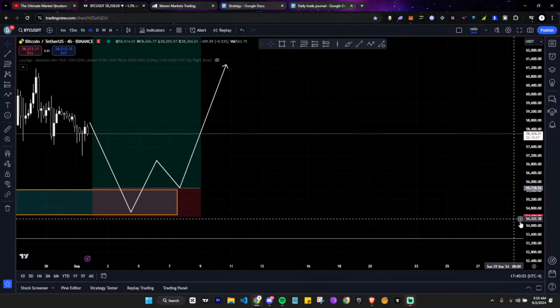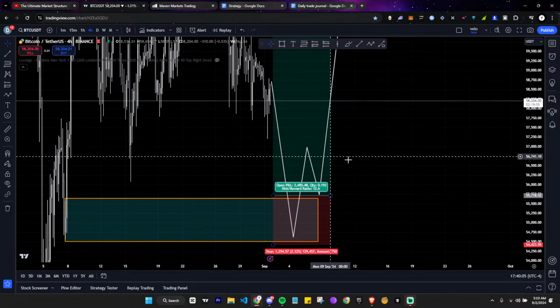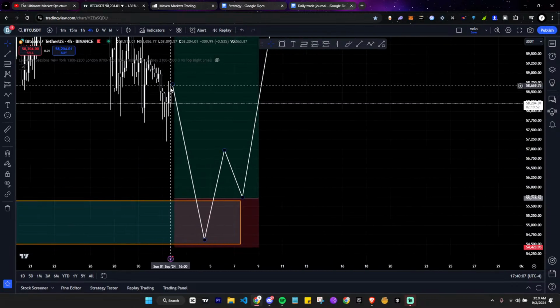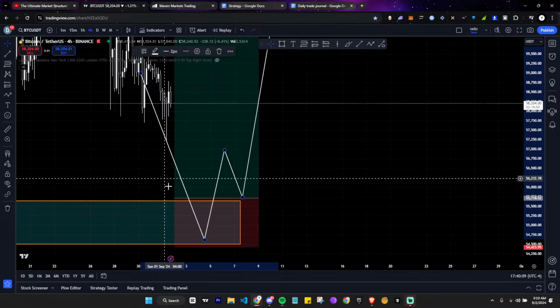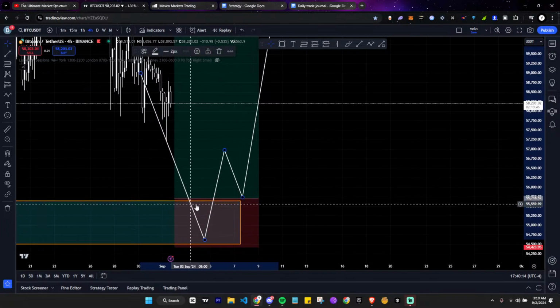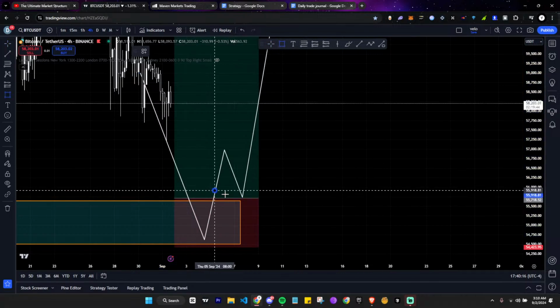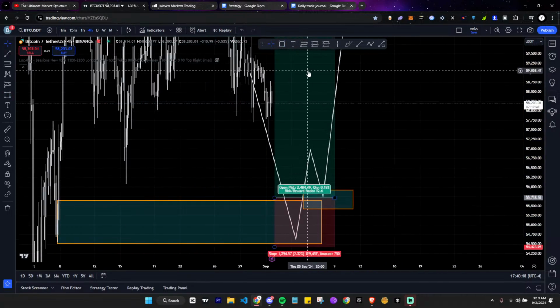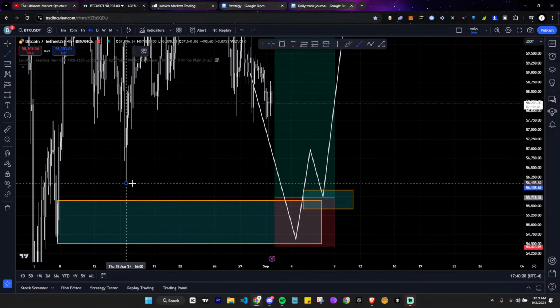For example, let's say there's an internal term high somewhere, like over here. Let's say there's an internal term high over here, and then obviously this high needs to be, then there needs to be a pullback over here, right? There needs to be a pullback over here, and then after that,